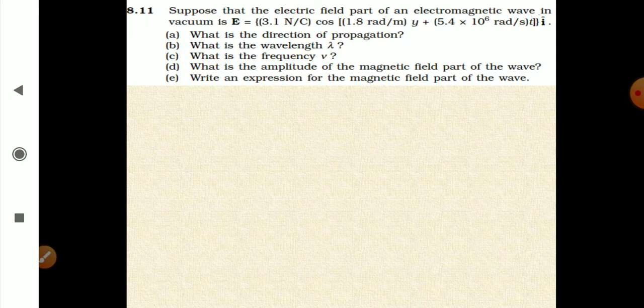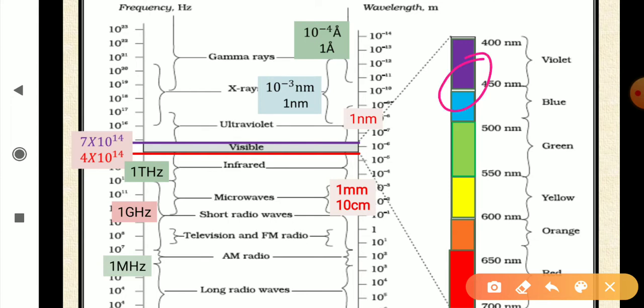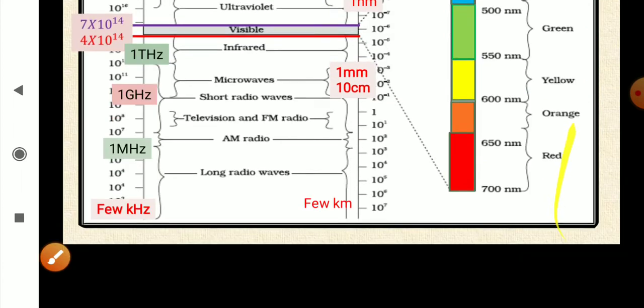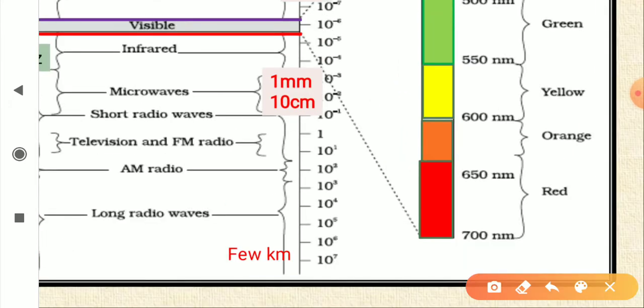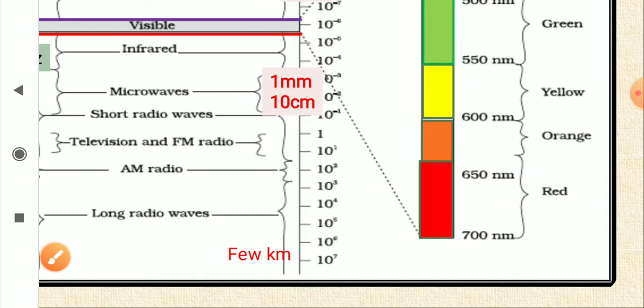Violet, indigo, I have not shown. Indigo lies somewhere between them, difficult to identify. So violet, blue, green, yellow, orange and red. This is a continuous spectrum. The visible light is a continuous spectrum. Just for the sake of simplicity, we have shown these separate colors, right? So even red has a different frequency range, say up to 780 nanometer. So it has got a large range of frequencies.